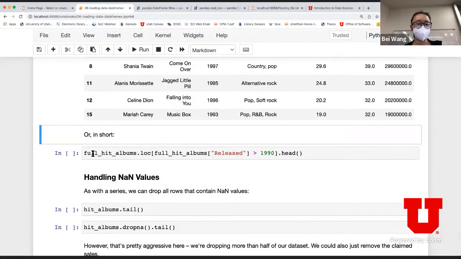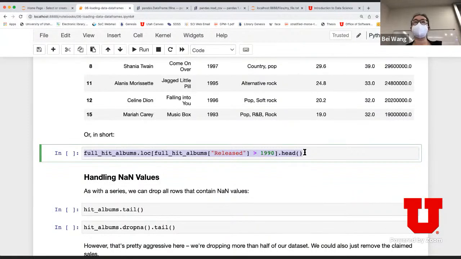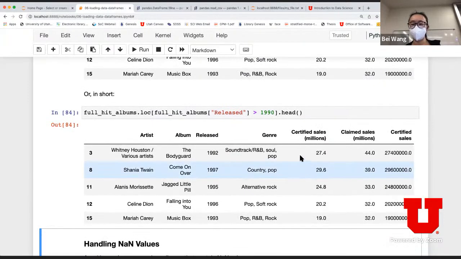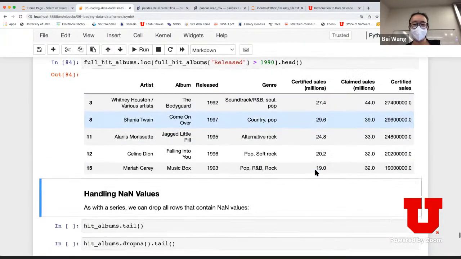You can simplify this line exactly as before for more condensed code, right? You say, this is my mask. I provide the mask to my loc, which basically says that the record that satisfies this gets filtered or kept, and I'm going to do the same thing. So this is more condensed coding.